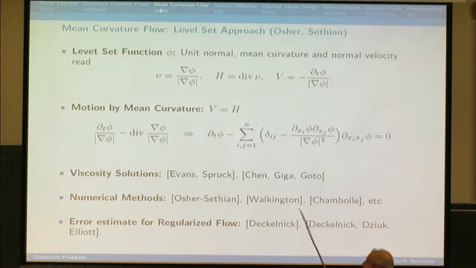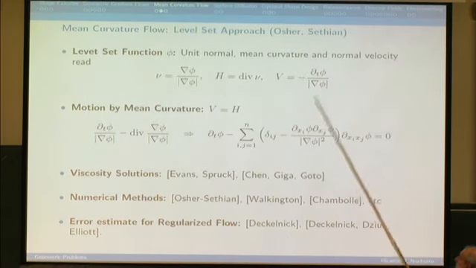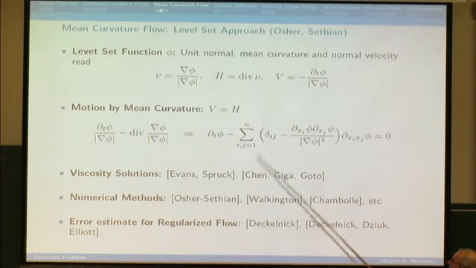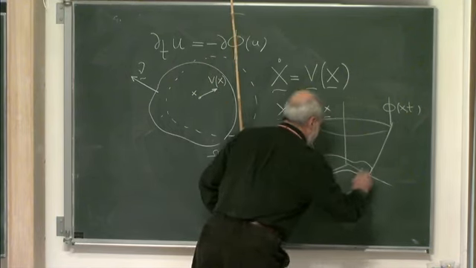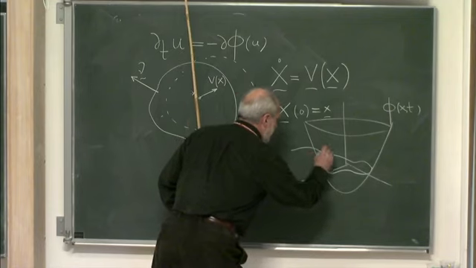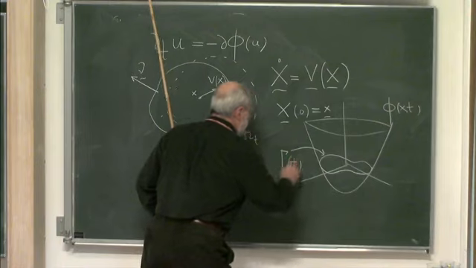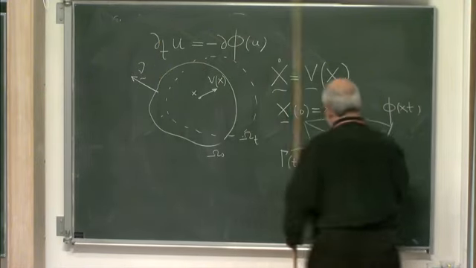A different approach, quite successful, introduced by Osher and Sethian, is the level set approach. In this case, we have a function, let me draw a picture here. Say in 3 dimensions, we have a function, let me call it phi of x comma t, and if we look at the zero level set of this function, it can be this. So this here is going to be the representation of the boundary of our